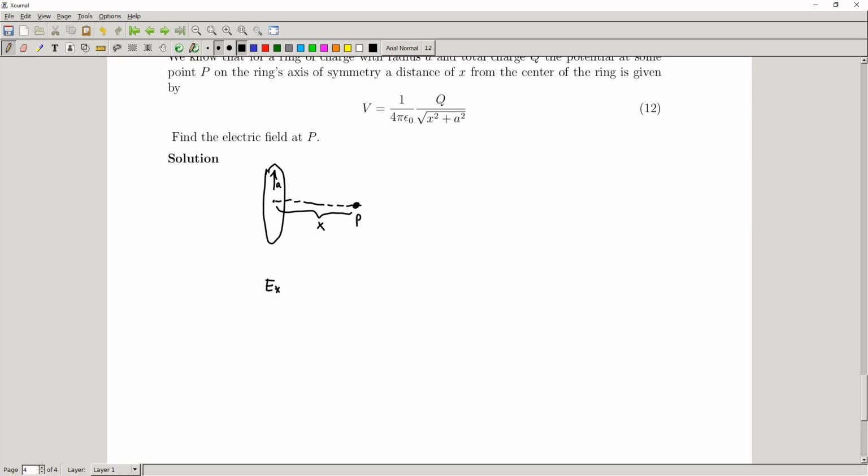So we're only looking for Ex. And because of that, we don't need to do the full gradient problem. We only need the one part of the gradient that points in the x direction, and that is this component here, right? Okay, and so really all we need to do is just take the negative d by dx of the expression we have above,